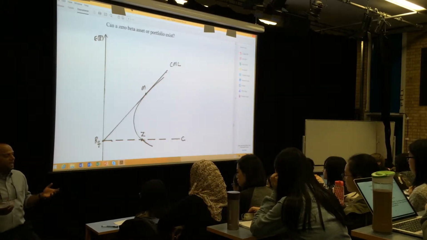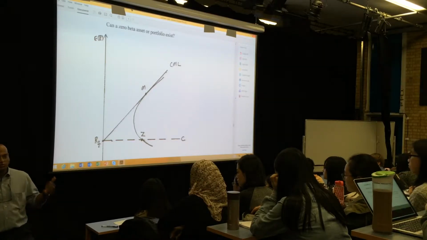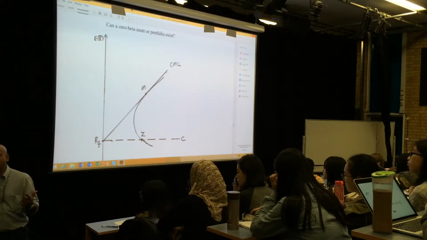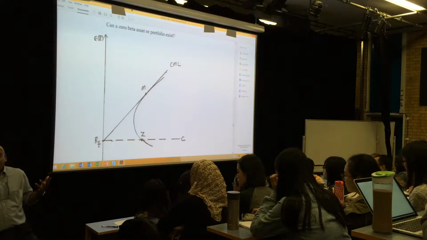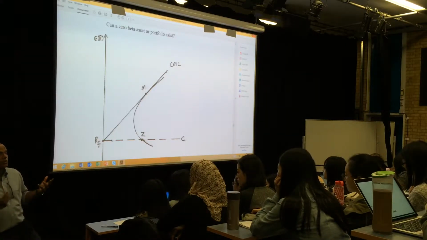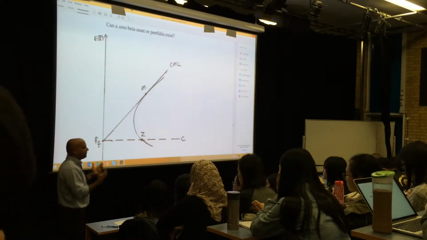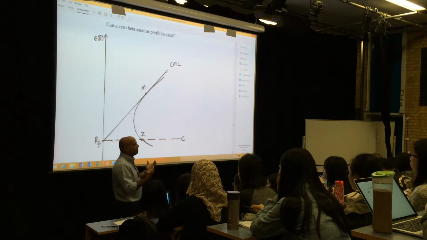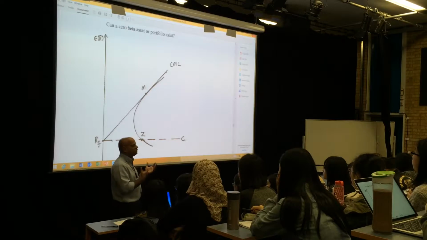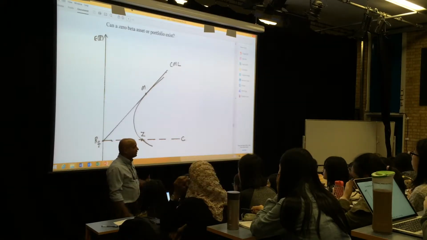Now, a risk-free asset has no risk at all. No systematic risk and no unsystematic risk. But this one has unsystematic risk, so it has total risk, but no systematic risk. And because systematic risk is everything, it pays the same return as a risk-free asset. We showed that through equations last time. Now the question is,